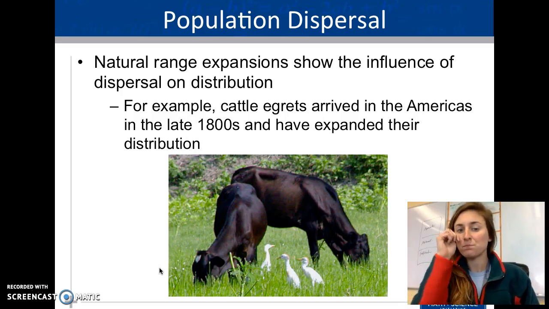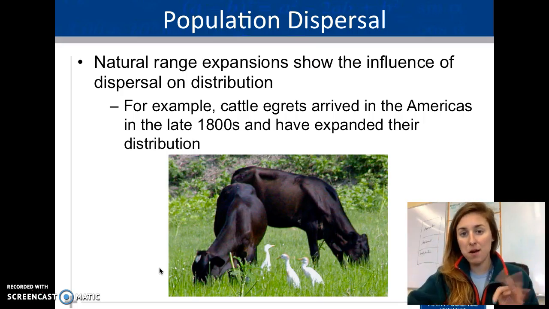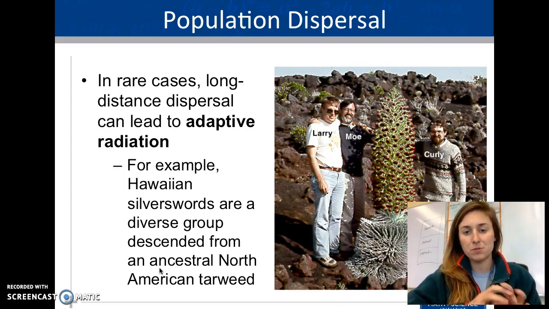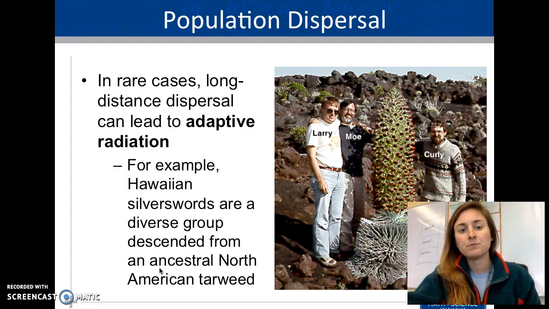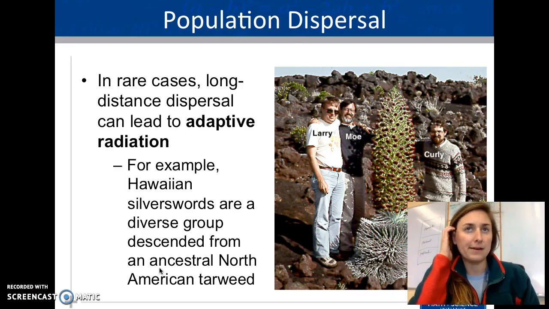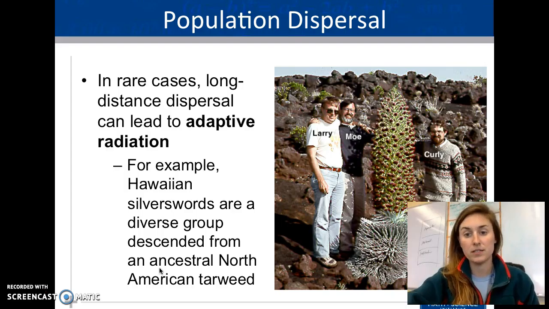Dispersal shows how they spread, whereas distribution shows how they exist. Dispersal is also like a long-term thing. So over 100 years, where did this group of organisms start? Where did they move to? In long distance dispersal, so like over a very far distance,